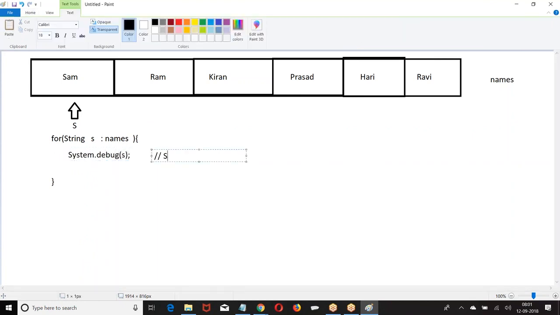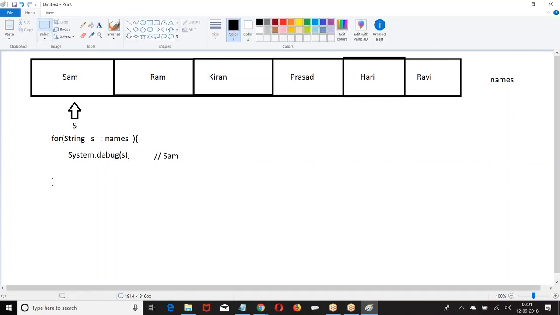Right now the value is the first one, then we go to next. What is s? Ram. Again next. Kiran. Next. Prasad. Next. Hari. Next. Then close.